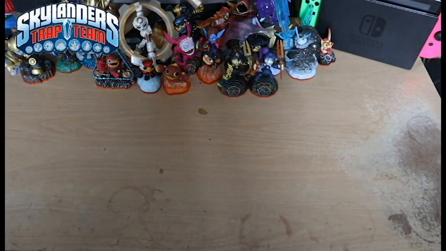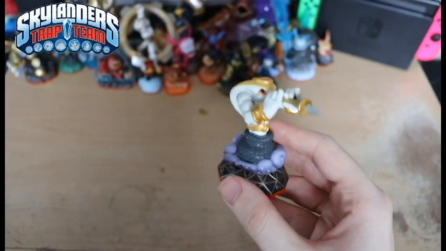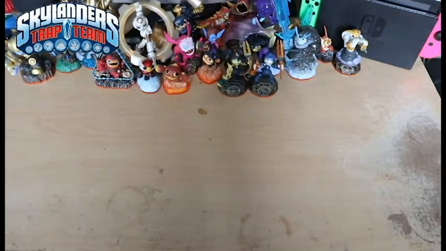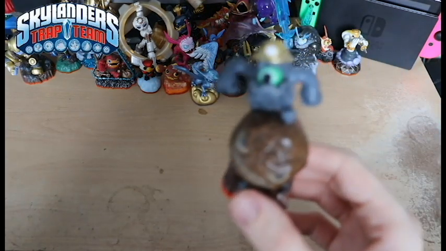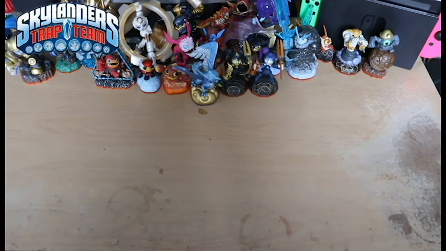Then next up we have King Cobra Cadabra, followed up by Eon's Elite Whirlwind. Then we have the meme himself, Rocky Roll. Then we have